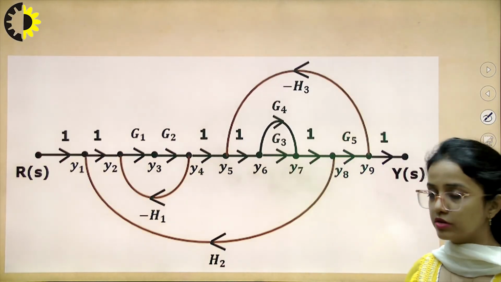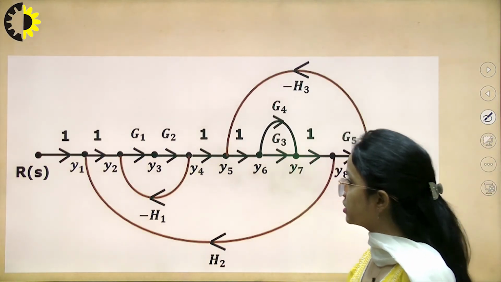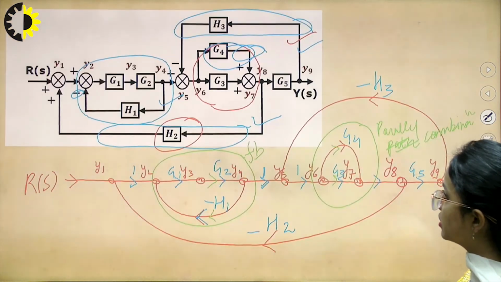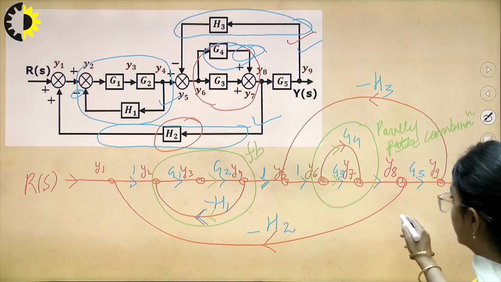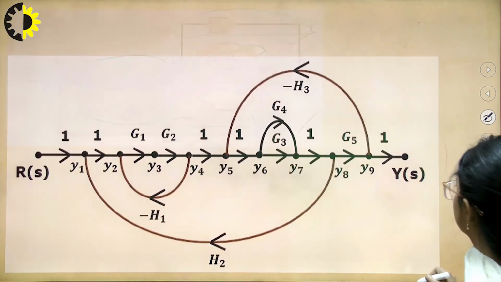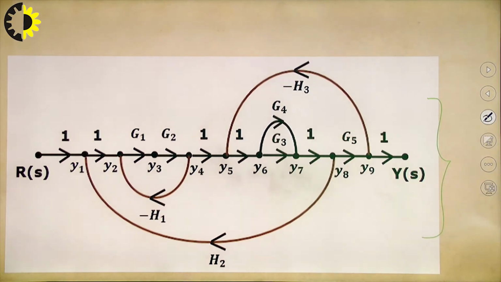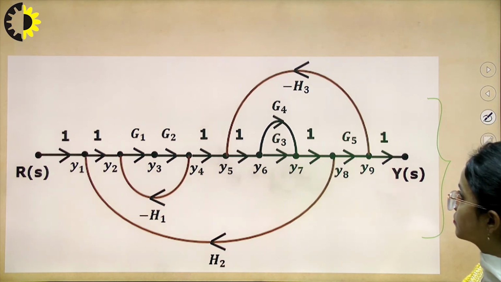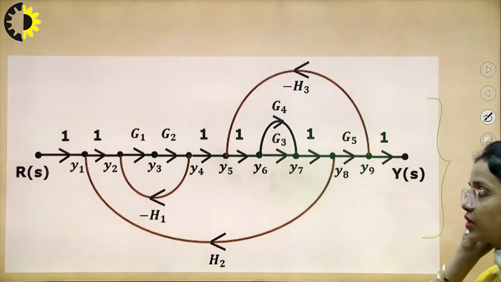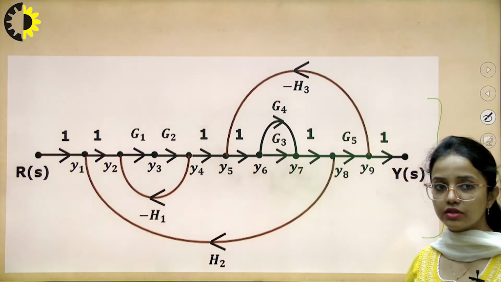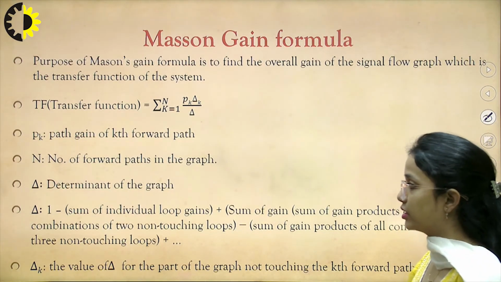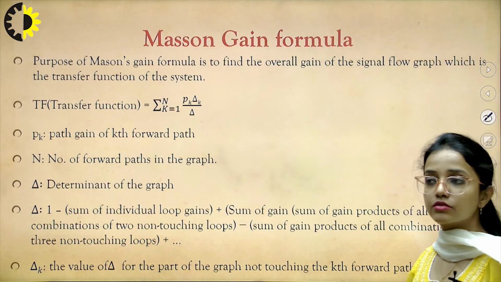So here also we have the same representation like I did in the previous slide. We can see that this same diagram has been pictorially represented here. We can just make a clearer picture, this one and this one. After this we have to understand that the next step is to calculate the transfer function.